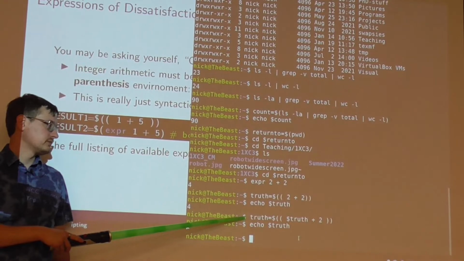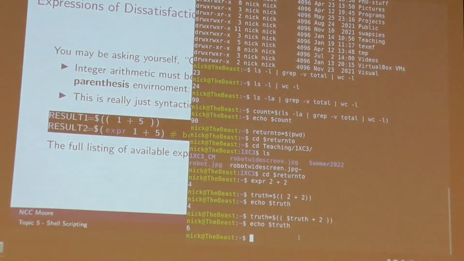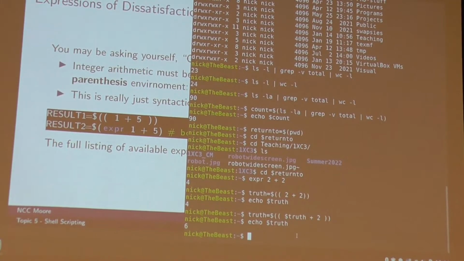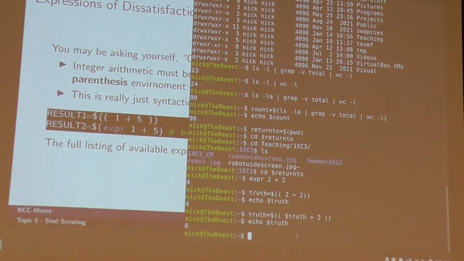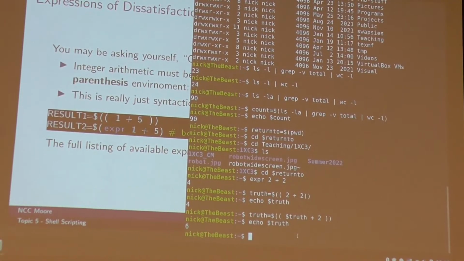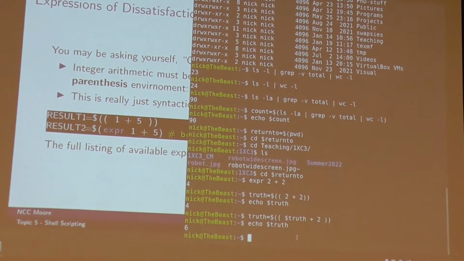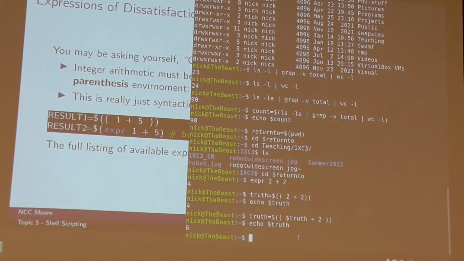Because this works the same as a plus equals operation, which is not recursion. It's like x equals x plus 4. The new value is calculated and then assigned to x. So not recursion. However, I don't think I've actually tested it, but I don't think there would be anything preventing you from executing a script within the same script, which would be recursion. I don't know why you would need to, but